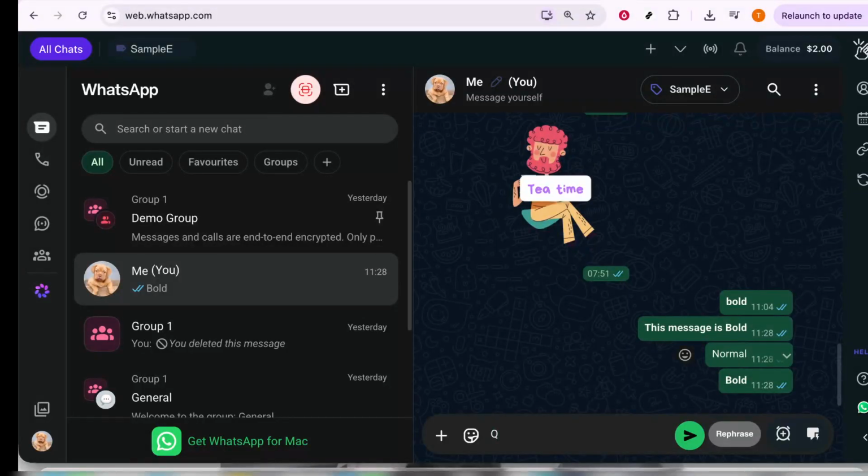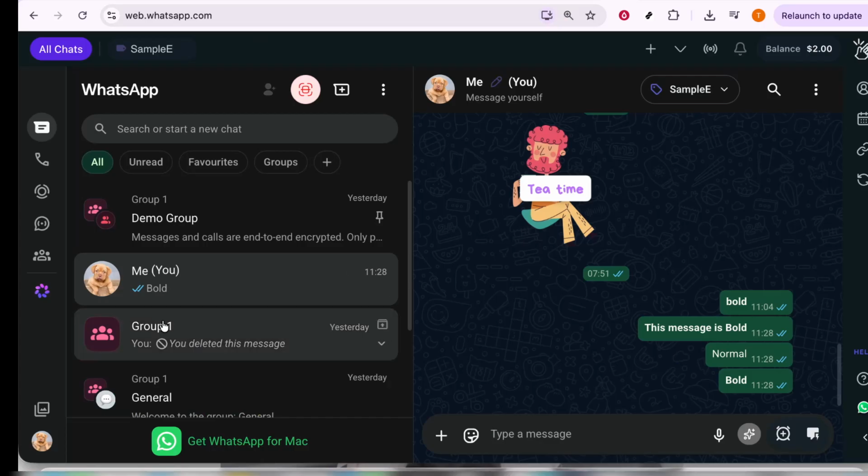In today's video, I'm going to teach you how to format text in bold on WhatsApp Web. If you use WhatsApp Web for work, study, or everyday chatting, making certain words stand out can be really useful. Bold text helps highlight important information, draw attention to a key point, or simply make your message easier to read. The good news is that this is very simple to do, and once you learn it, you'll probably use it